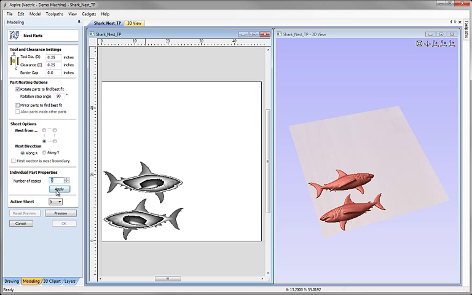I'm just going to hit apply once I've entered that number. Now we can see, if we look closely, that it's labelled those with the number 3 now to show me how many copies of each I'm going to get. And at this stage we can come down and click on the button to preview what the nesting will look